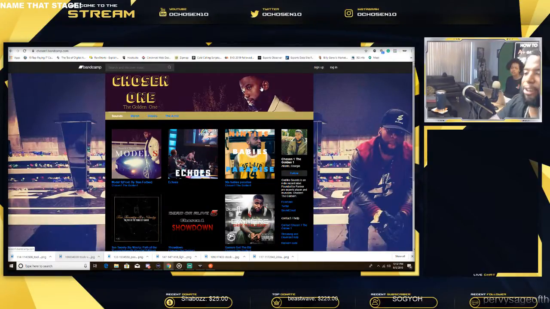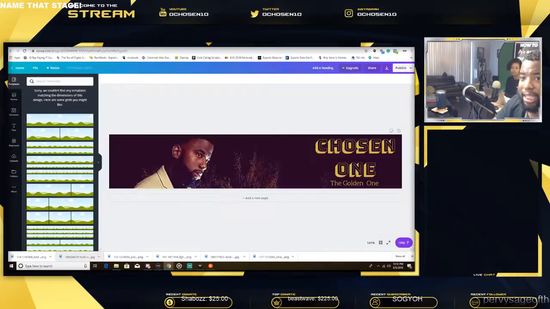Bandcamp has very specific requirements, unlike Facebook and everything else. It's off by like 100 pixels. But what you can do is figure out what they need. You sign in, log in, and then you find out what they need. Then you can set it, themed with the background. It looks really good.